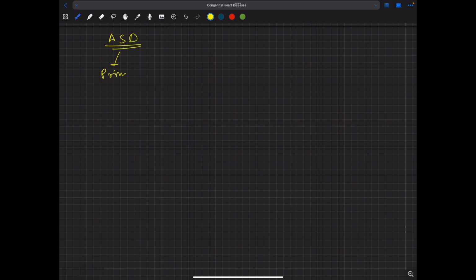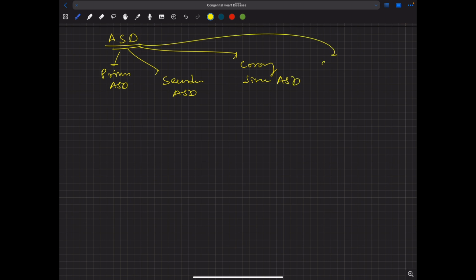First is primum ASD, then we have secondum ASD, coronary sinus ASD, and another type, sinus venosus ASD. So we have primarily these four types of atrial septal defect, out of which secondum type of ASD